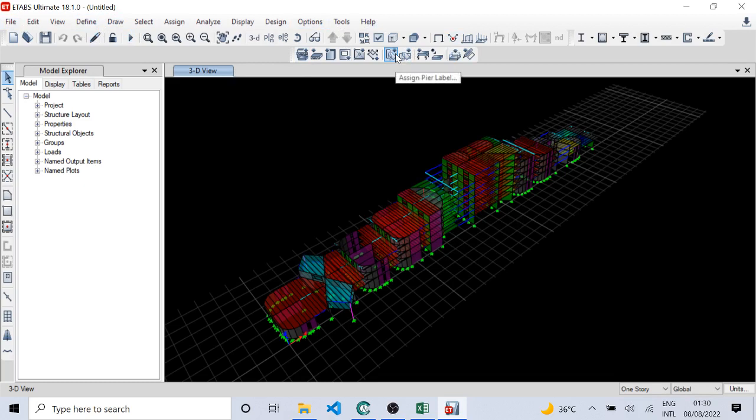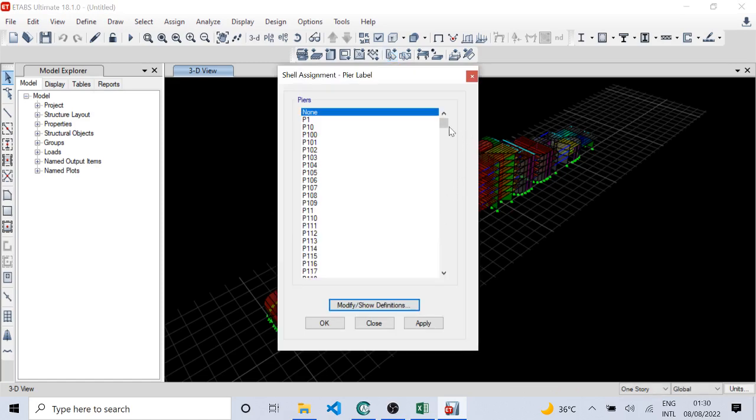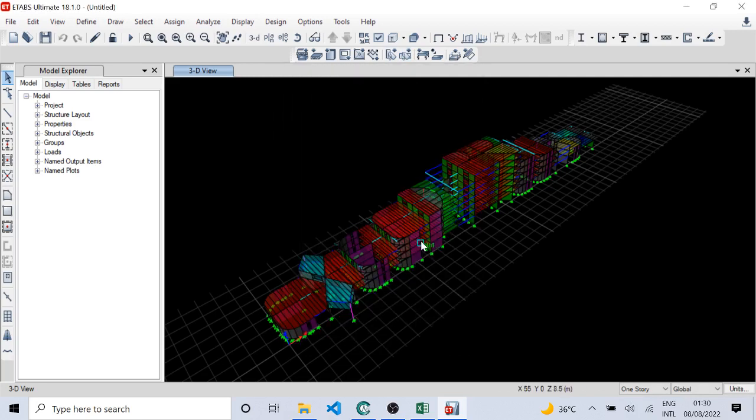Also, we have here the assigned pier label, for each single pier modeled, and for the spandrel as well, a pier label and a spandrel label are defined and assigned to each related shell. Here is the proof. All of this. Here for the spandrel. Okay, now let us see